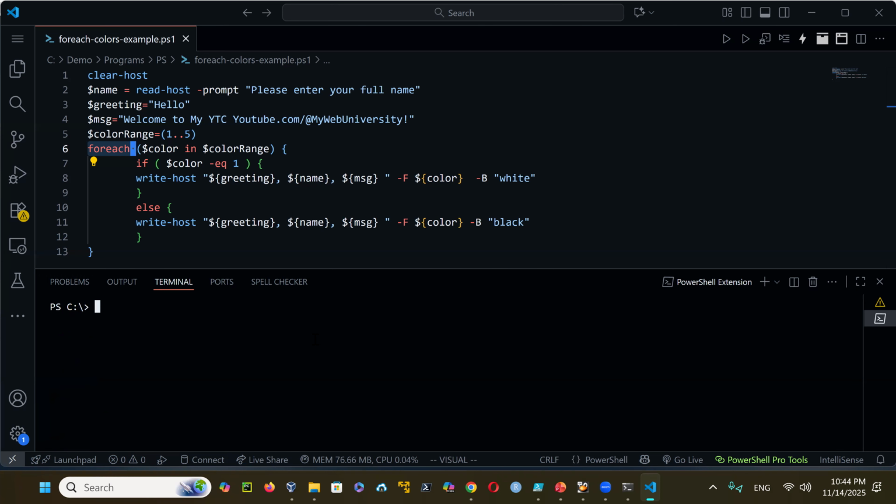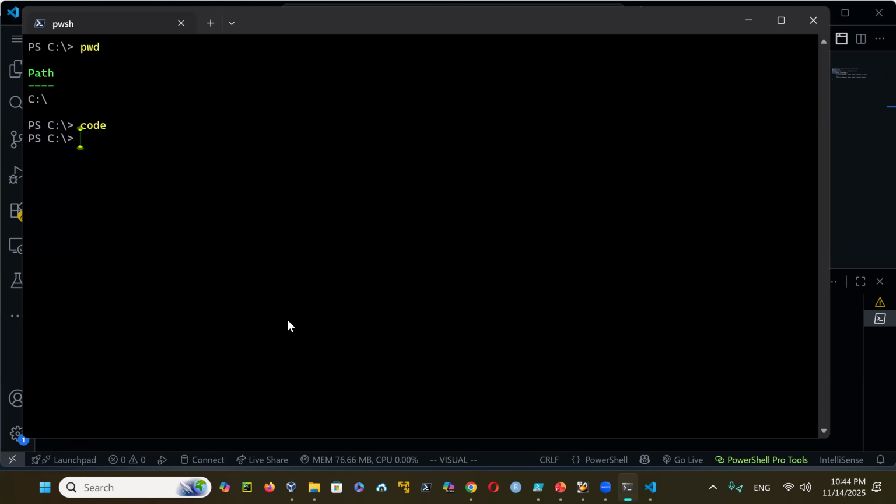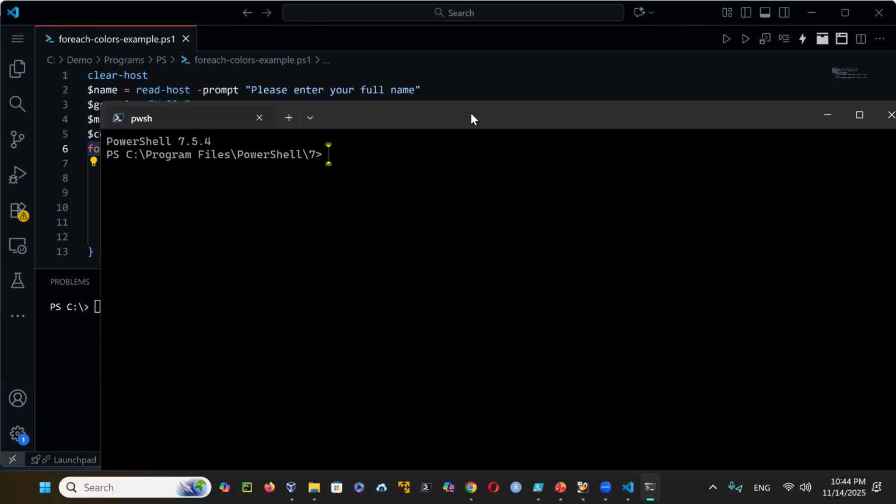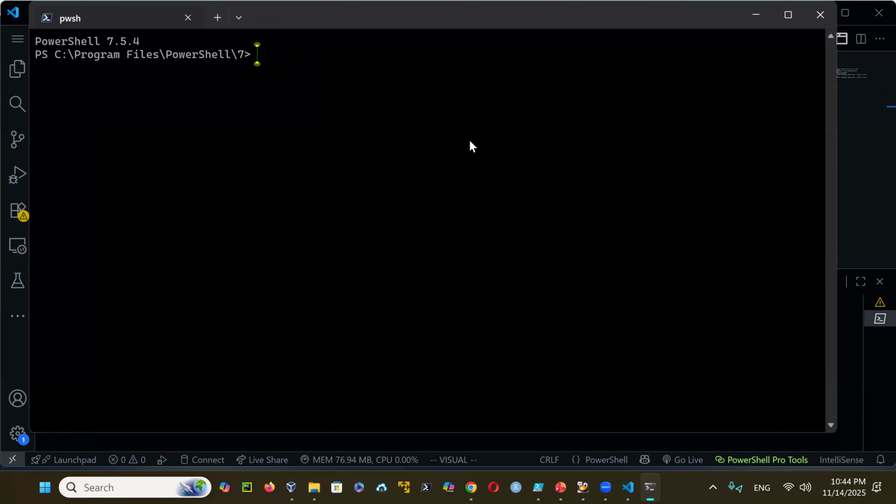Here, there's also the option of a for statement. I'm showing you on this one, but you could do the same thing in PowerShell. If you don't use Visual Studio Code, you just open a terminal, close this one, click here, and you get a terminal. Within this terminal, you could cd to the current directory, do pwd, and then say dir,